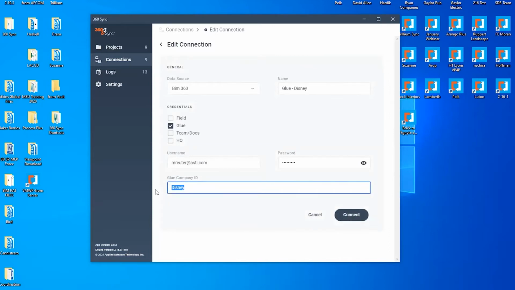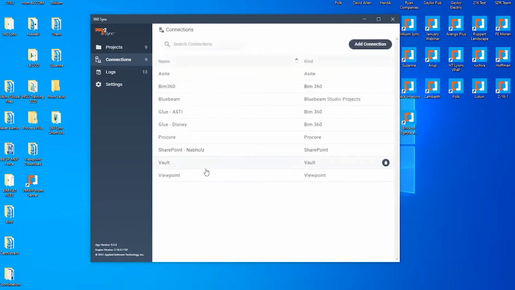So what this actually allows you to do is connect to multiple sites and then take files from, for instance, the applied software Glue site or the applied software SharePoint site to the Disney SharePoint site or the Disney Glue site or whatever other site you're using. You can see I've already done that with BIM 360. I've connected to Nabholz right here, which is a construction company, and I'm going to set up my own connection for